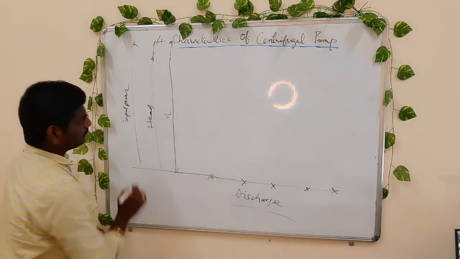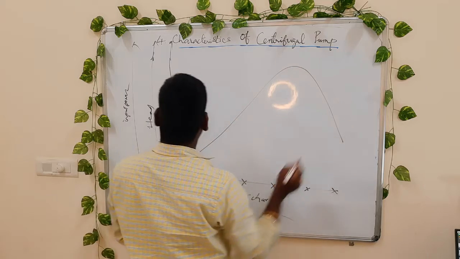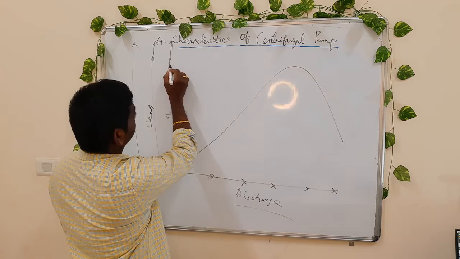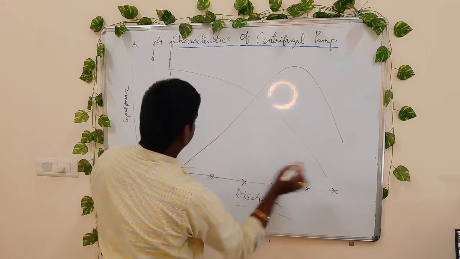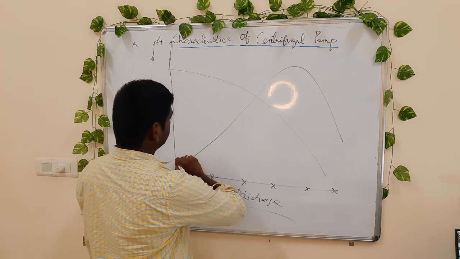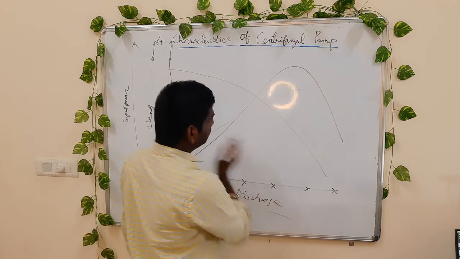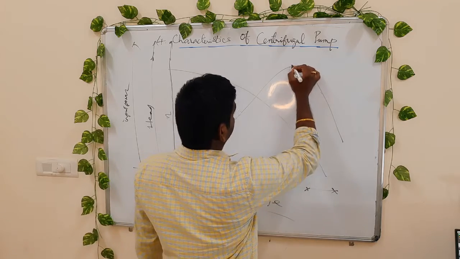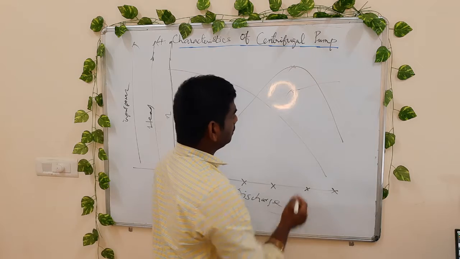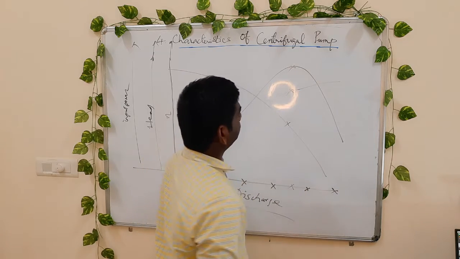So if you see the graphs, we have already drawn them, right? This is efficiency versus discharge and the head. This is decreased, and the input power versus discharge. So discharge, input power. If you see at critical efficiency, what can be the input power drawn, and the head, and what discharge.